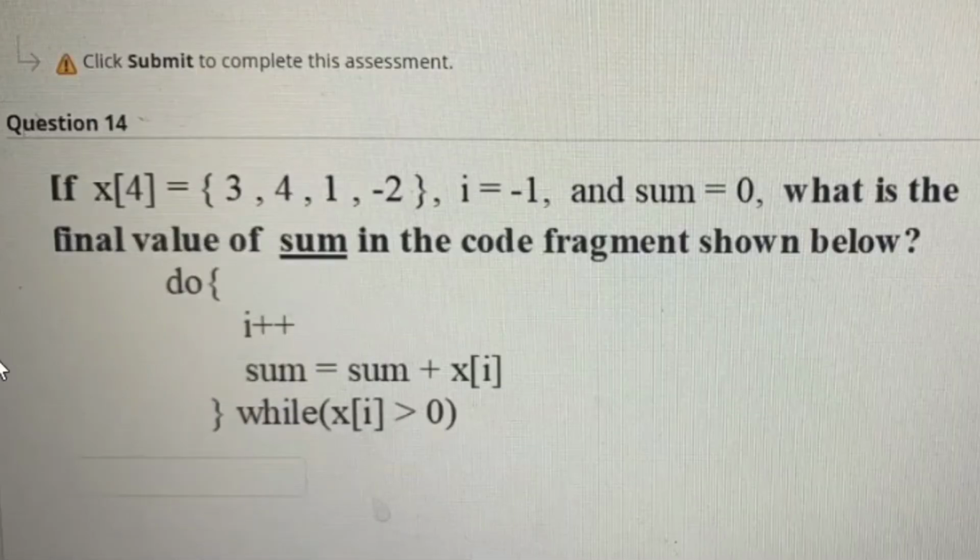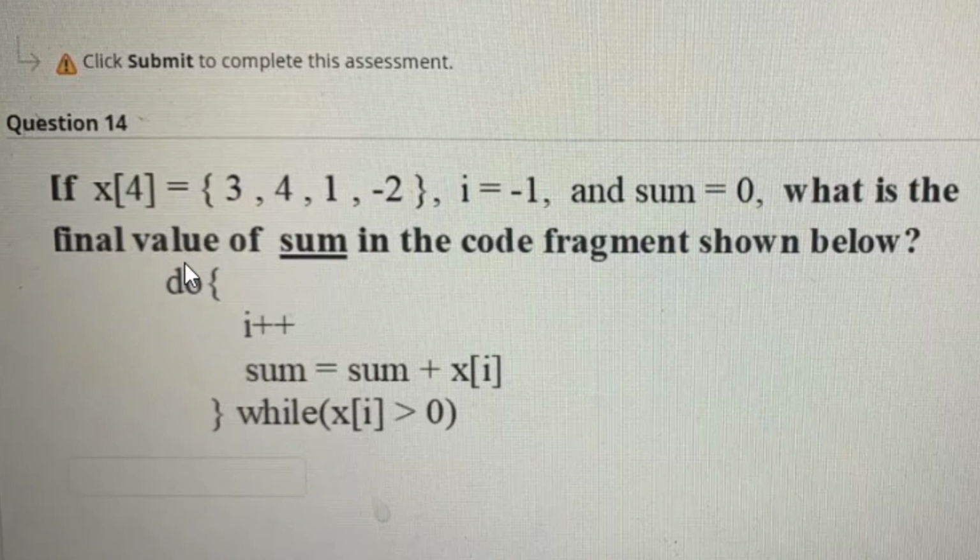Moving on to the next question. There is an array x whose size is 4, and these are the elements inside the array. Then a variable is initialized with -1, and another variable sum is initialized with 0. What will be the final value of x after this code runs?